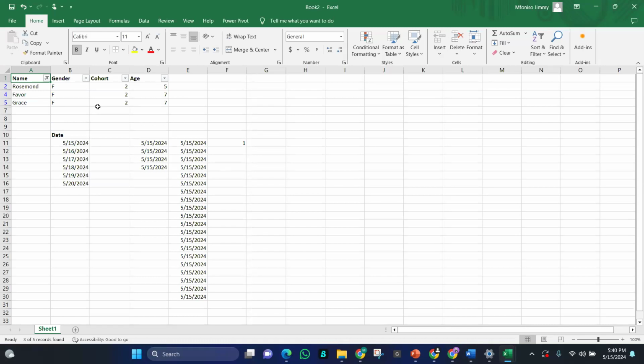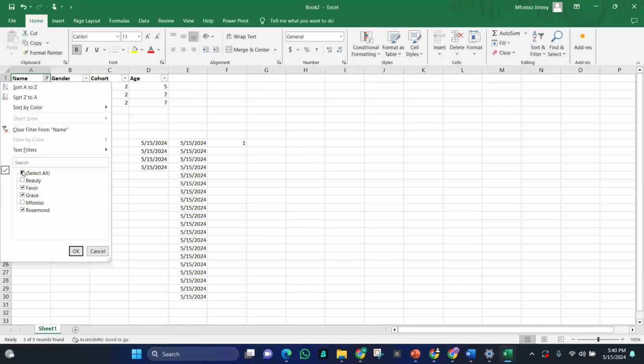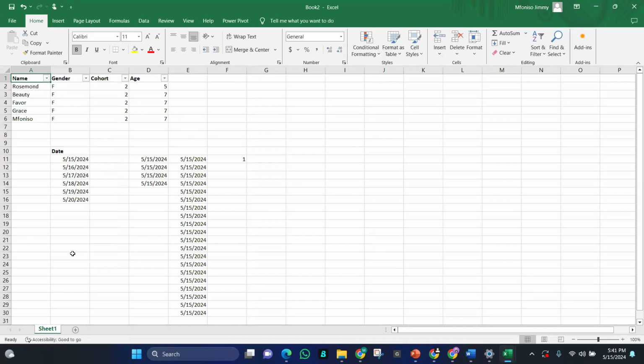So once I'm done working with them, I can decide, okay, I am done with this filter. I do not want it again. I've gotten all the information I need with it. So what do I do? Let me clear the filter. I can go back and select all of them and click OK.